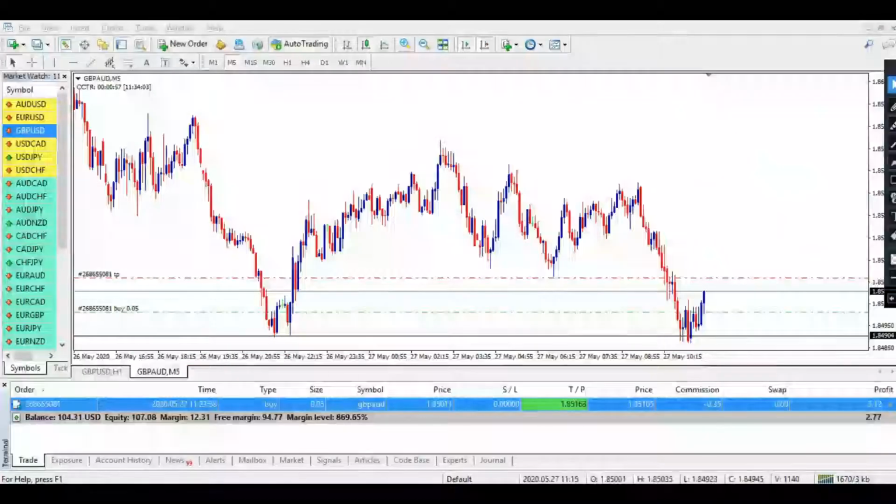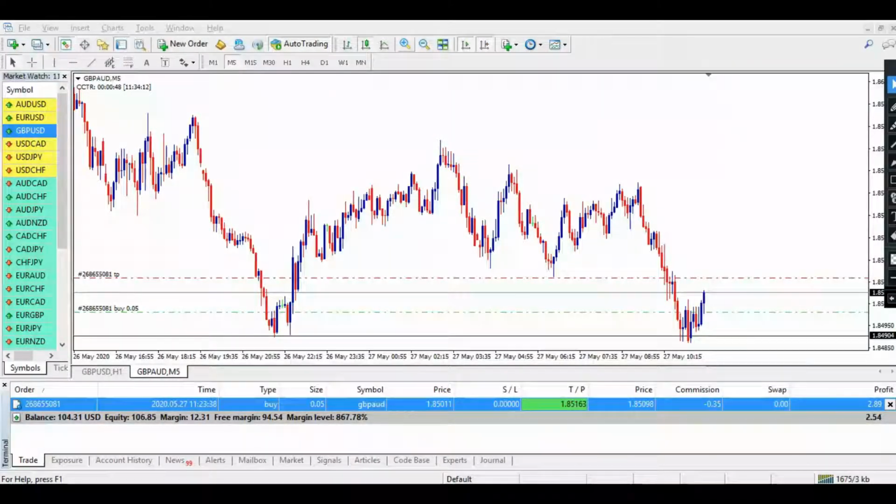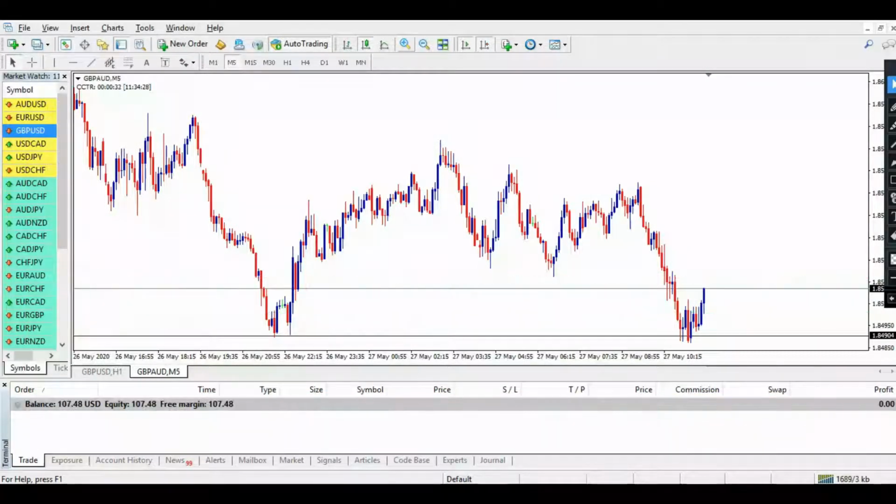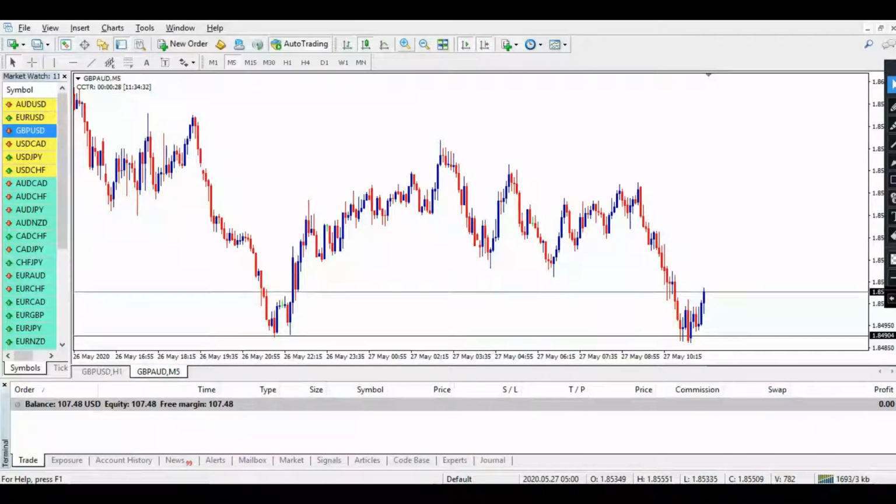Welcome back. As you can see, price is nearest to my take profit zone. So what I will do, without any greediness, I will close this trade in profit. This much is good. So as you can see in front of you, I took two trades and both of them are in profit. So this is how scalping works.